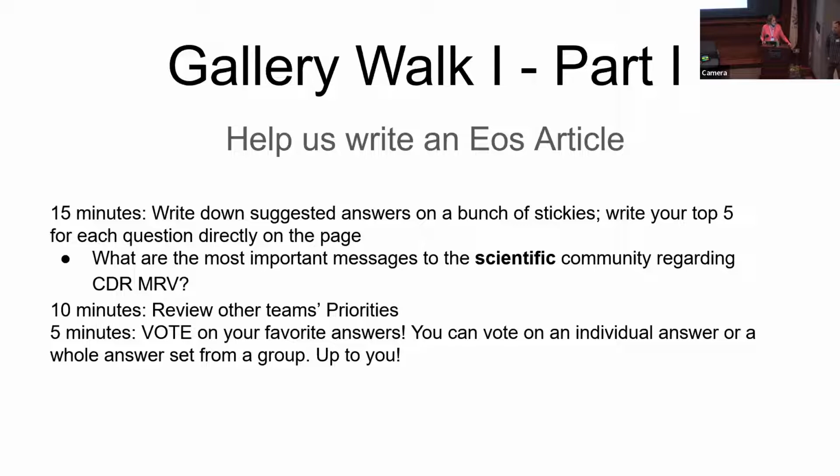And you can do that just by putting a check mark. We don't have any stickies, so you can put a check mark on the ideas that percolate to the top for you. What I will ask each of the groups to do is, once you've all put your brainstorming ideas on your sticky notes, reserve a couple minutes at the end of that 15 minutes to distill the top 5 and write them on the paper. So you've got a bunch of sticky notes, distill the top 5 for your group and write them on the paper. And that's what we're actually going to be voting on when we go around the group.